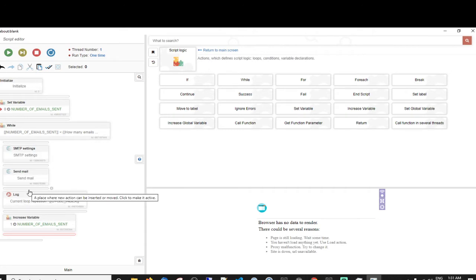Okay, and that is the basics of how you would set it up. I haven't gone into detail. I think I know who sent that question, so if you need a bit more help, then message me on the Discord channel. This is obviously the basics of what you need. You could use resources if you needed to spin the message, so it's different every time. And of course, like I showed you, uncheck the box to keep using the same resource so that you go through your list of emails and use a unique one every time. Otherwise, it's just going to use the same email every time you go through this loop. Okay then.